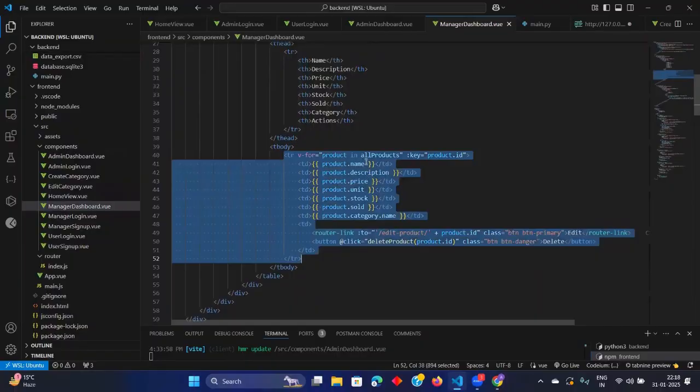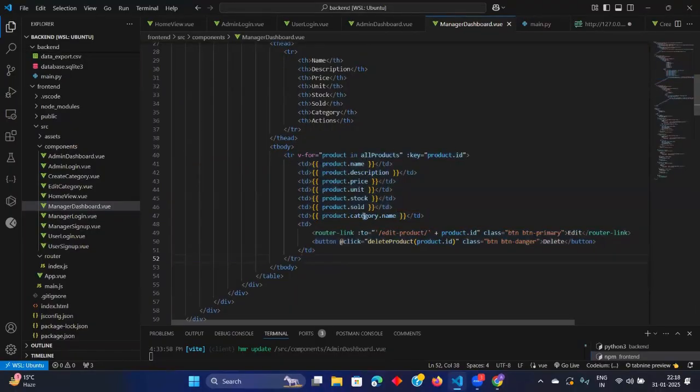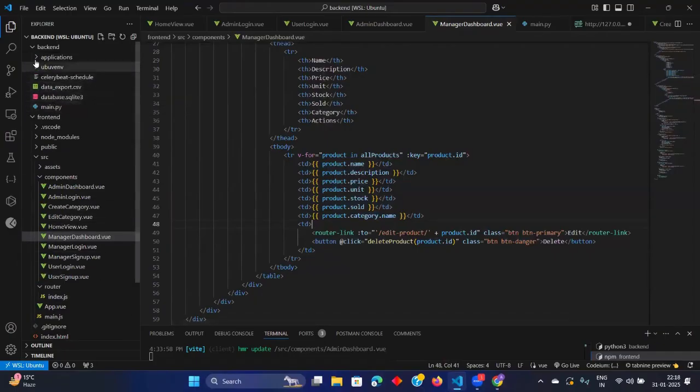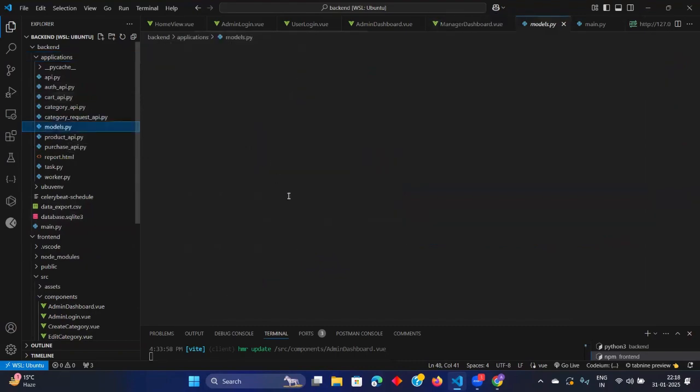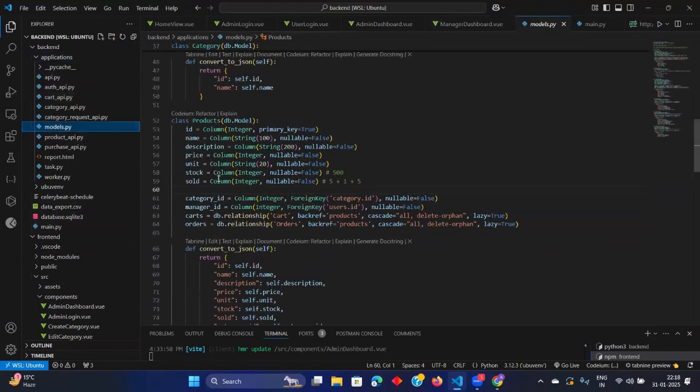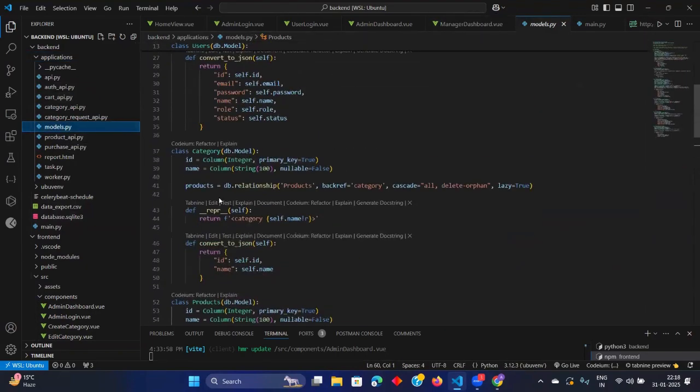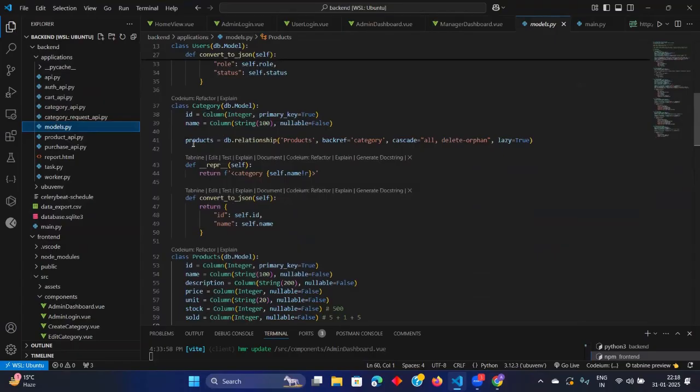So after this, the thing is coming. Okay. product.category.name. I don't think this category.name will work, because in the models.py there is nothing defined like product.category. Okay, so here he is defining. He has used backref, na. Backref category, so it will work.